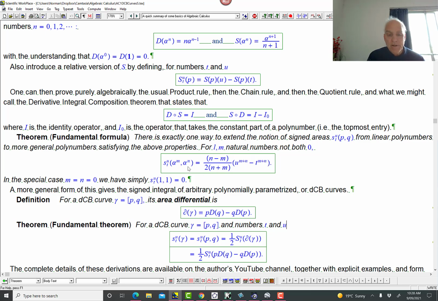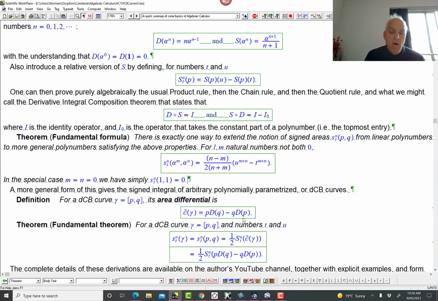And arguably you could say, well, if M and N are both 0, maybe this is problematic. Yeah, so if we actually look at the formula when these things are 0, then there's a 0 over 0 here. So we just agree that in this case, this is a 0. Okay, now once one has absorbed this, then one eventually figures out that there's maybe a more compact way of saying what happens for general polynumbers, okay?